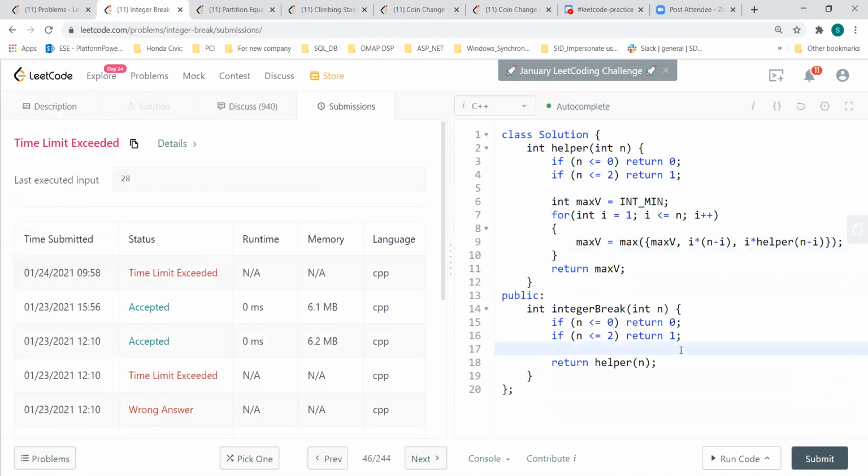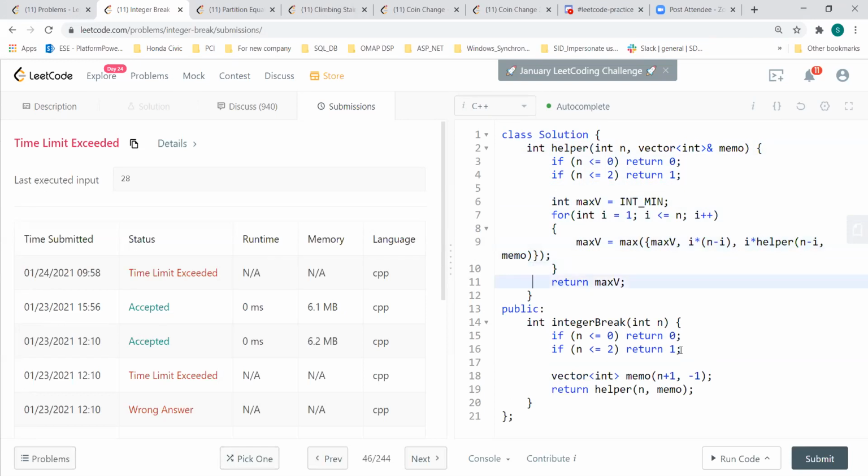So if I add a vector, say memo, of size n plus 1, initialized with minus 1, and then I pass this memo inside the function,